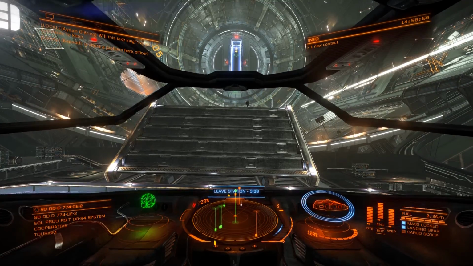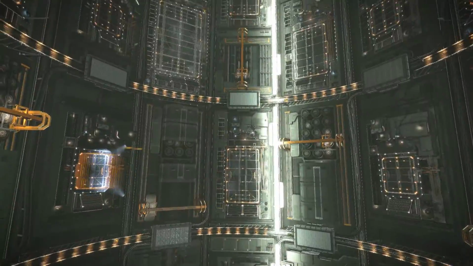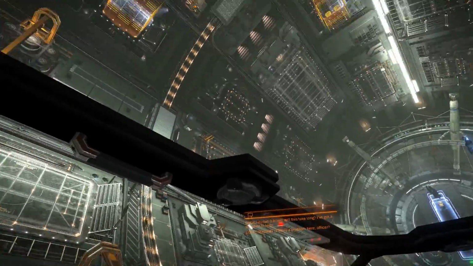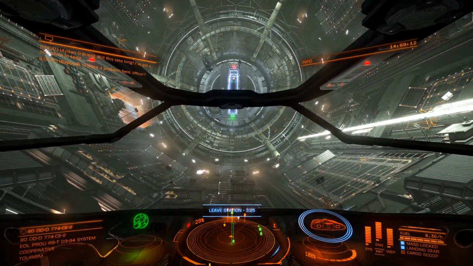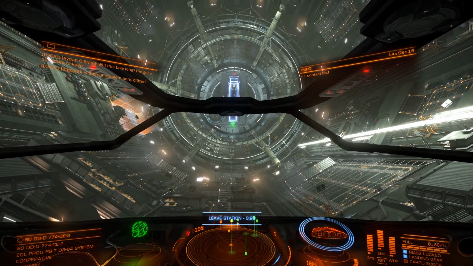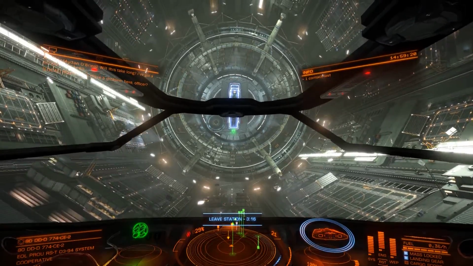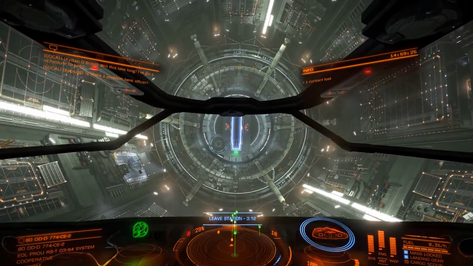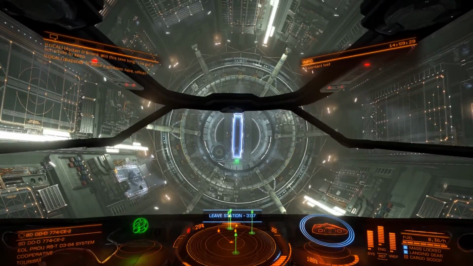I'm just going to go up. I need to look up, make sure that there is nothing above me that may crash into me. I can look all around, and as I can see there are a couple of ships, one's landing, that looks like an Asp, and another one, oh, is it a Vulture? No, it's an Asp, and the other one looked like a Cobra Mark III. Now when I come out here,